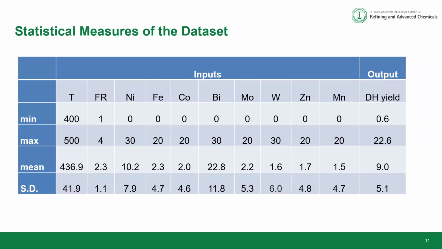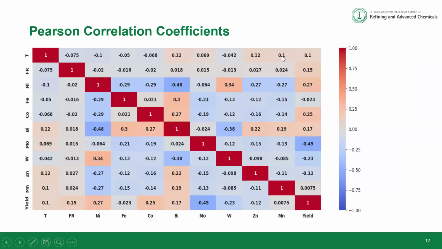This is the entire data set that we have generated. So to visualize the data, we attempted the correlation coefficient by Pearson. What this tries to tell us is how the interaction is between the features, and also with the output, that's the input features and also the output feature.